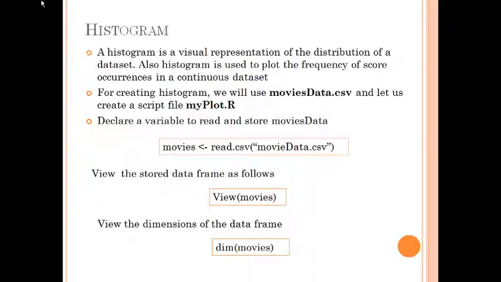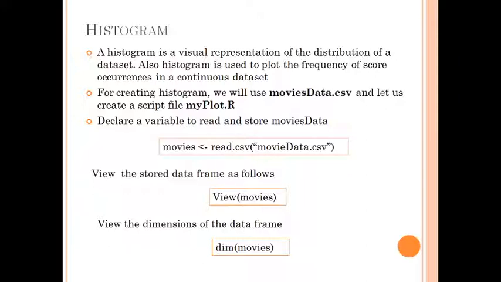we are using a new data file for creation of histograms. We have one movies data.csv. Now we will convert this movies data.csv into a data frame named movies. We have yesterday seen how to create it, and then on one or the other variable of that movies data frame, we will be creating a histogram.